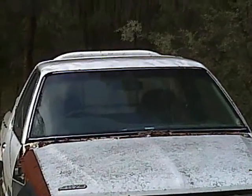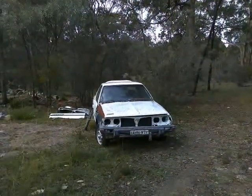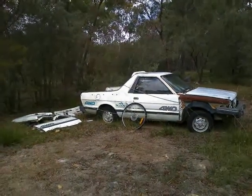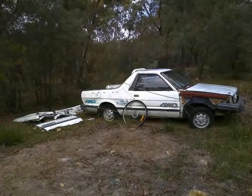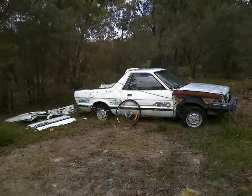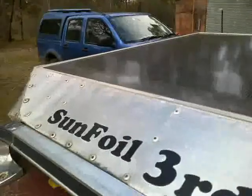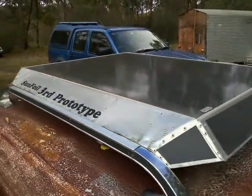The 20-watt Mark II went on top of a Subaru Brumby, for which this was the spare parts pile. But when the Brumby got water in its oil or oil in its water, it was traded in. Not before it established a 4.2 litre per week fuel saving by having a 20-watt panel on a 1.8 litre four-wheel drive Subaru Brumby. The third prototype, 30-watt gallium arsenide panel